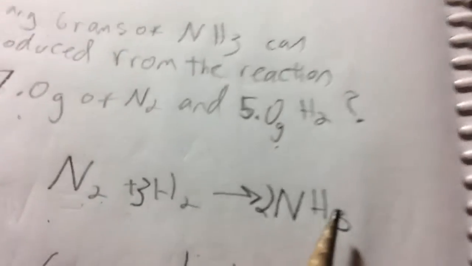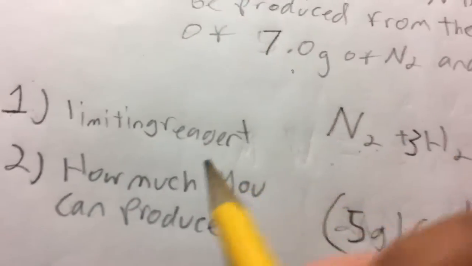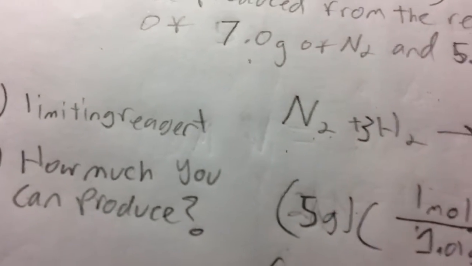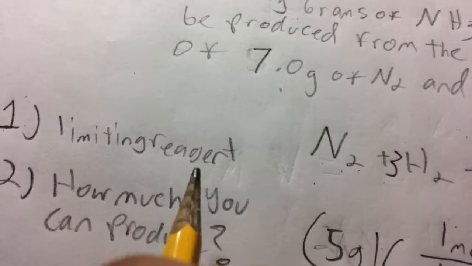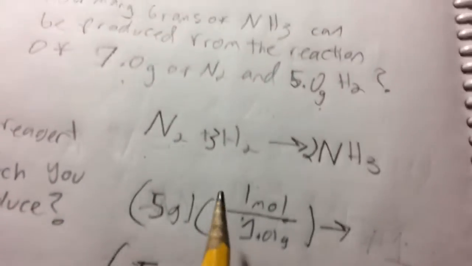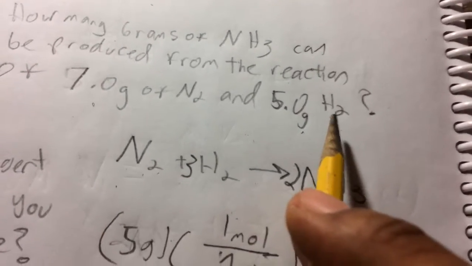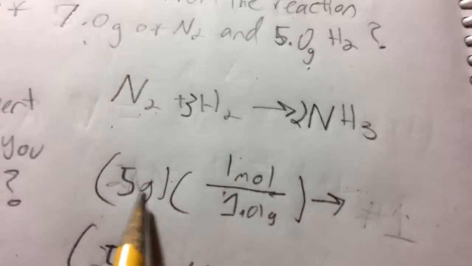So there are 2 steps to finding the theoretical yield. Step number 1 is the limiting reagent. You have to find that, and you also have to find how much you can produce. So first, to find the limiting reagent, we have to find out how much of N2 and how much of H2 we have in moles. So you get 5 grams of H2,